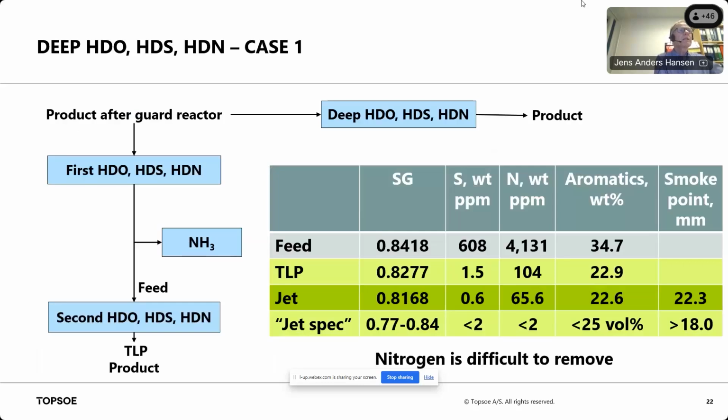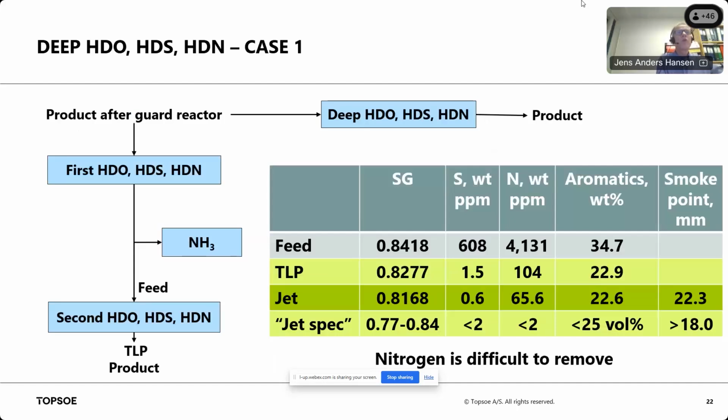Then we did some additional testing, and what you want to do after the guard catalyst is the deep hydrotreatment, so you will remove oxygen and sulfur, and nitrogen down to a very low level. So we did a first test where we produced the feedstock listed in the table here. The first step resulted in a feed having a nitrogen content of approximately 4,000 weight ppm, and the feedstock had a concentration of about 80,000 weight ppm nitrogen. So it was attractive to do it in 2 steps.